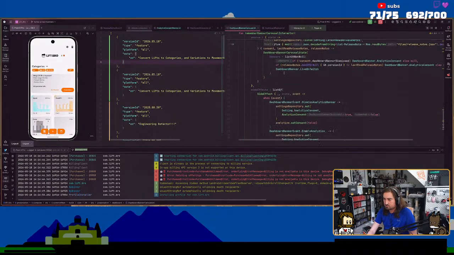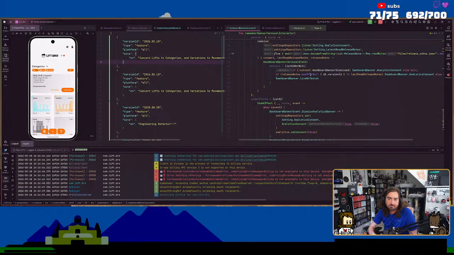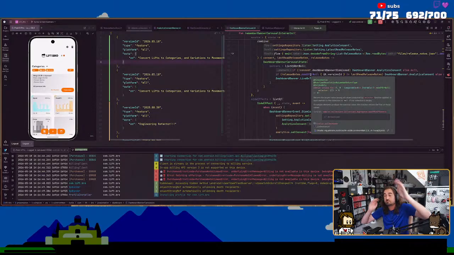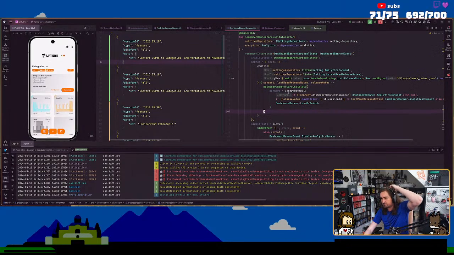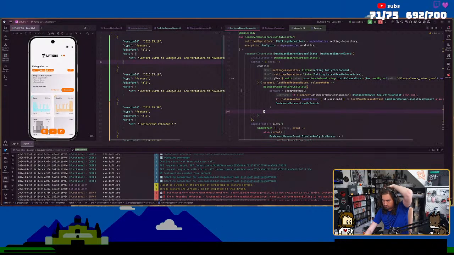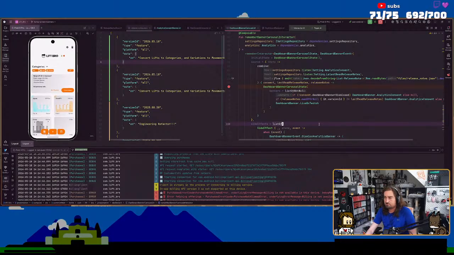How do I do this again? It's like I want the animation to be like where they're kind of behind each other. I also need to fix this UI. I also need to figure out why release notes are not being pulled. Let's see what's happening here.